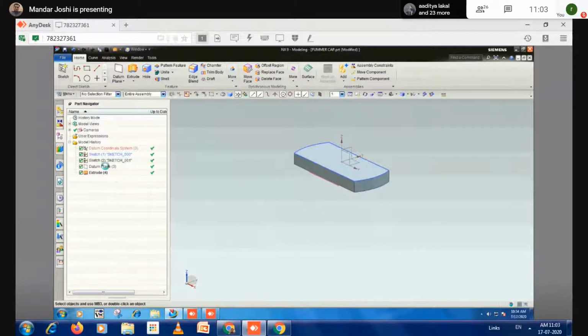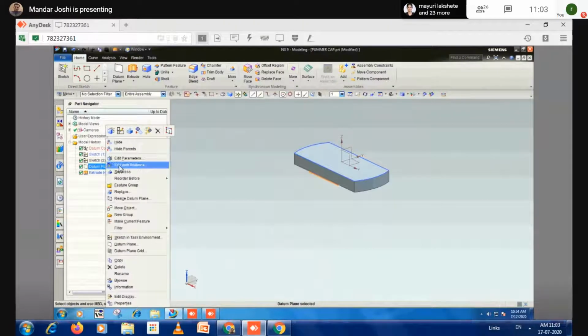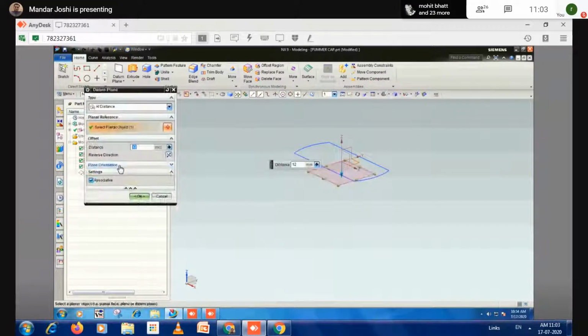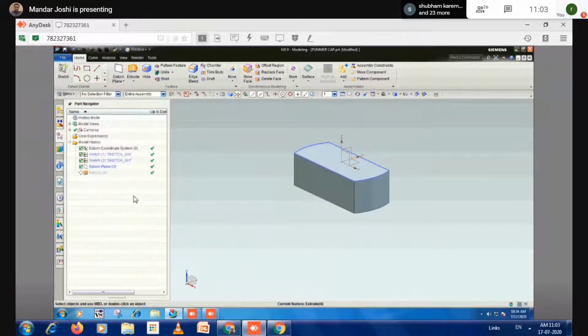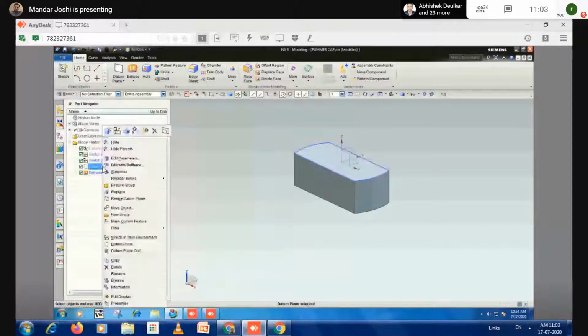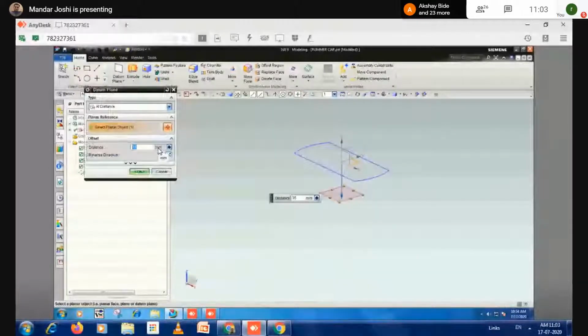So when I edit this using edit with rollback by right clicking, edit with rollback, and I change the depth of the plane. Let's say it is 35. Enter. Your extrude depth is also modified. So the length of the extrude totally depends on your plane. This is nothing but the skeleton approach because your material depends on the plane system. So I right click on it, use this edit with rollback. As per the drawing, the depth is 12 here. I mention this value 12. Click on OK.